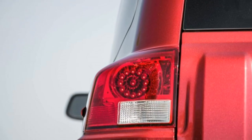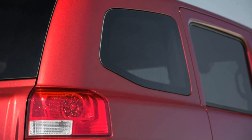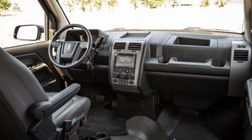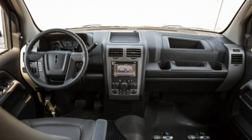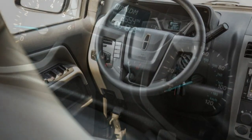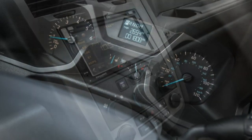As such, it is subjected to the same standardized crash tests required of all conventional production cars, compared with fewer, selected tests for modified wheelchair-friendly vehicles, and it comes with a 3-year, 36,000-mile warranty. A 5-year, 60,000-mile warranty covers the MV-1's most important feature, a 30-inch wide ramp that extends from the